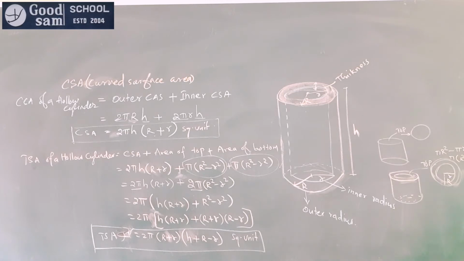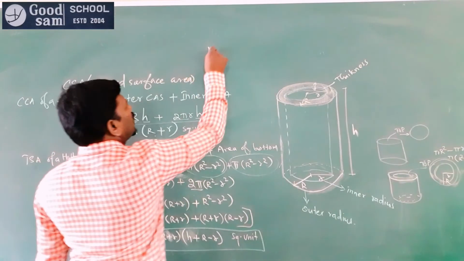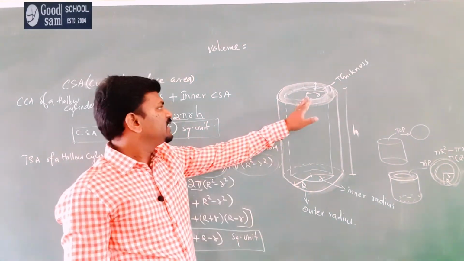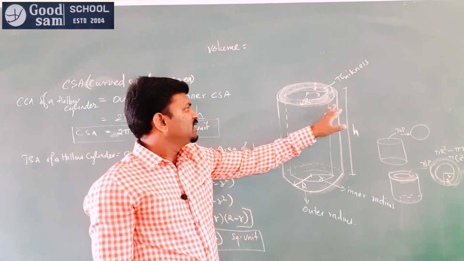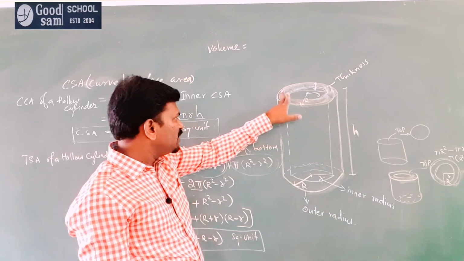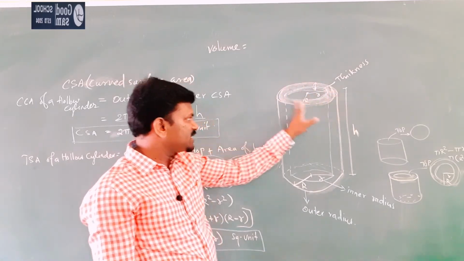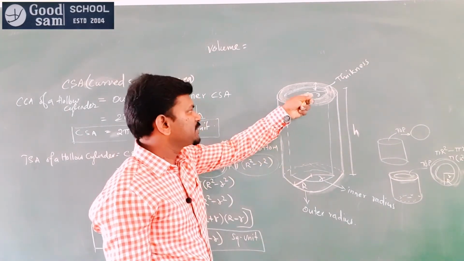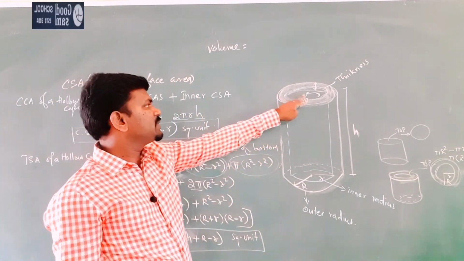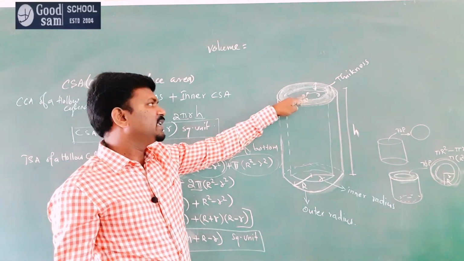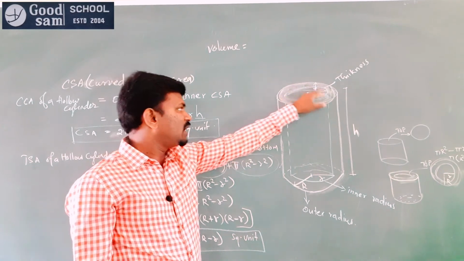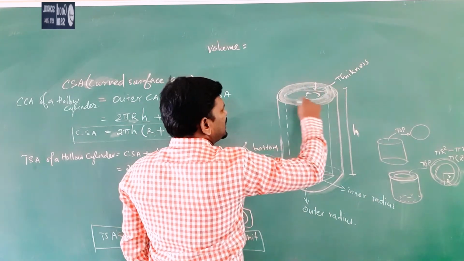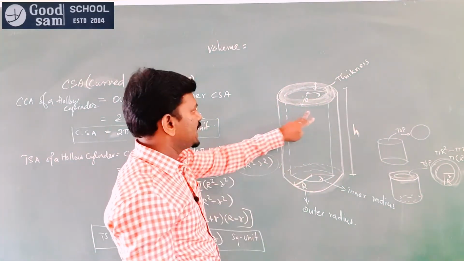Then what about the volume? What about the volume? Volume is nothing different. We only have to find the volume of the two cylinders, that is, of this thickness. Okay, not the capacity of the space. For the capacity of the space we can simply use the first formula, the volume of a cylinder, but the volume of a hollow cylinder is the volume of the metal or the material that they have used to form this hollow cylinder.